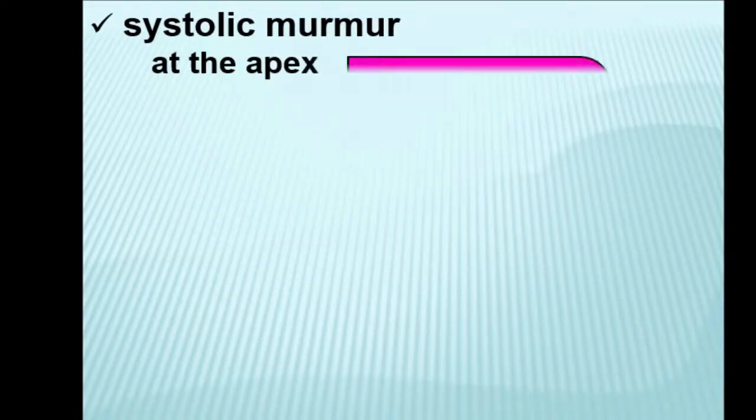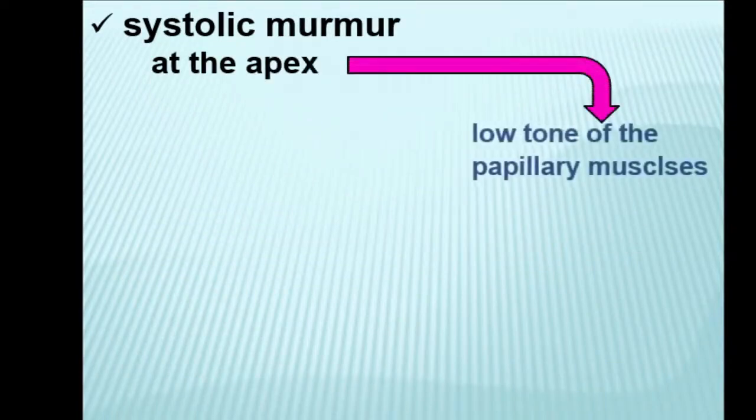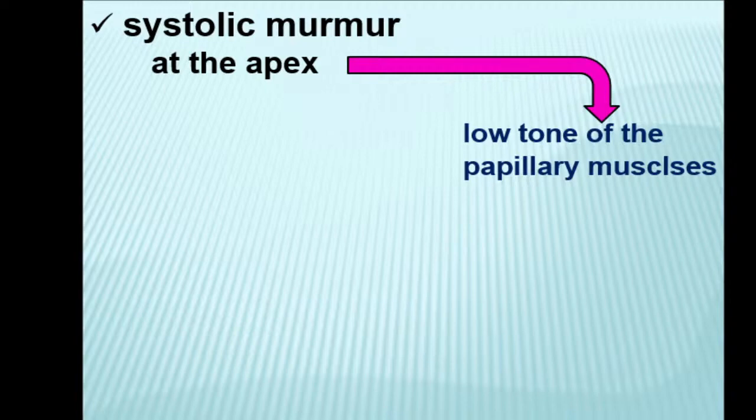We can hear systolic murmur. It may be heard only locally over heart apex due to decreased tone of papillary muscles and formation of relative mitral valve insufficiency. Because due to low tone of papillary muscles, one cusp of mitral valve goes downward or upward, and through the small slit, blood easily comes back into the left atrium with turbulence, audible movement.